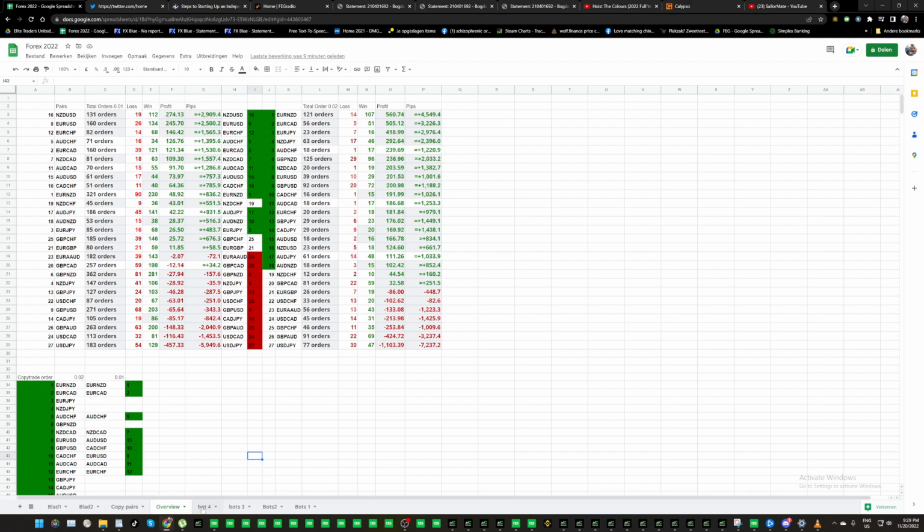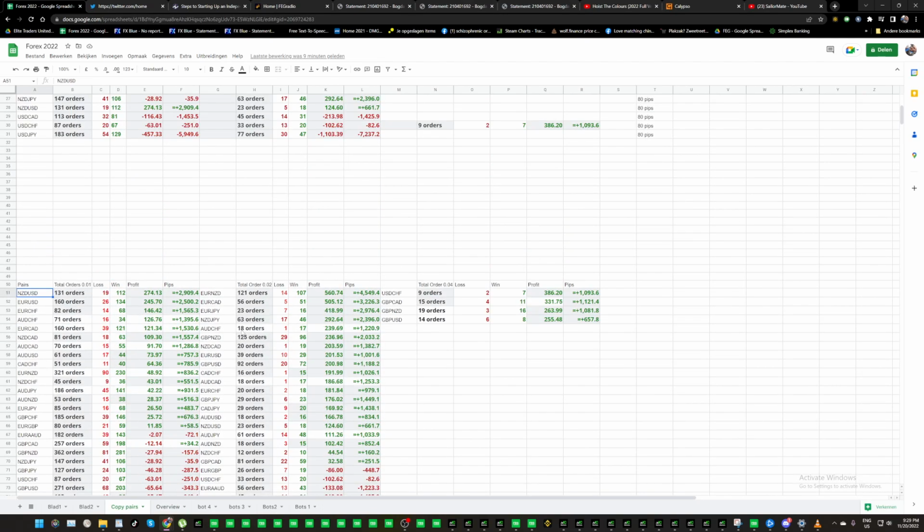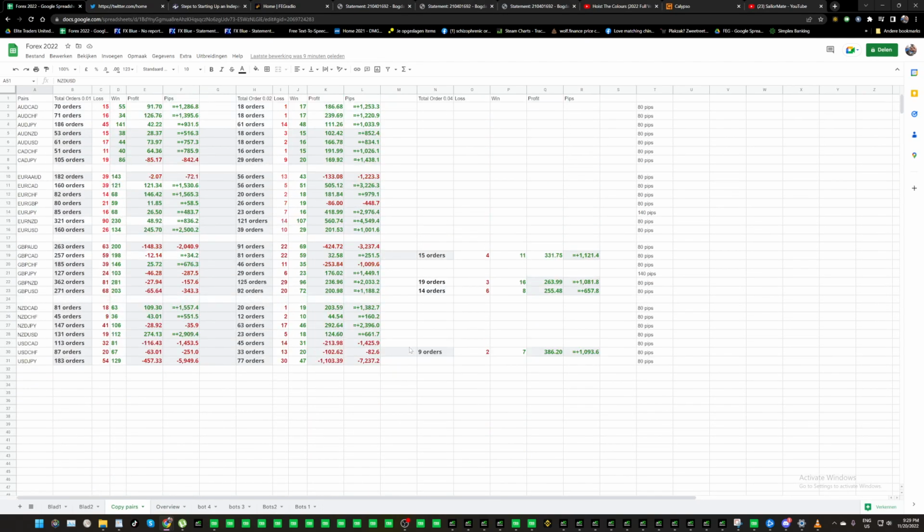Though I have to say that, for example, if we look at these pairs over here, the GBP Canadian dollar, it had a negative profit, of course, because once you use a martingale, some of these martingales are going to get higher, and that will also lower the pip collection. And over here you also have the 0.04, for some pairs